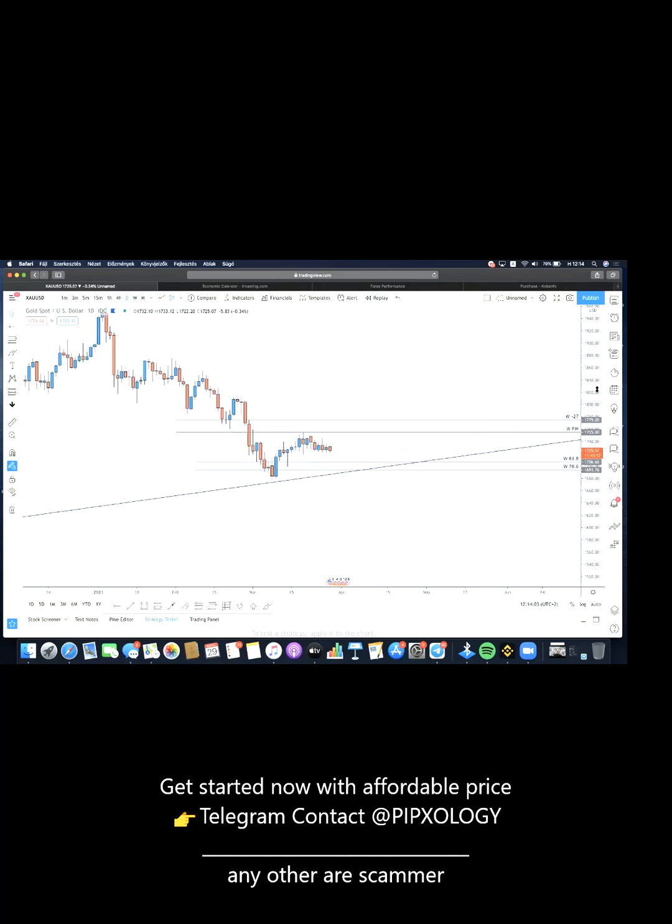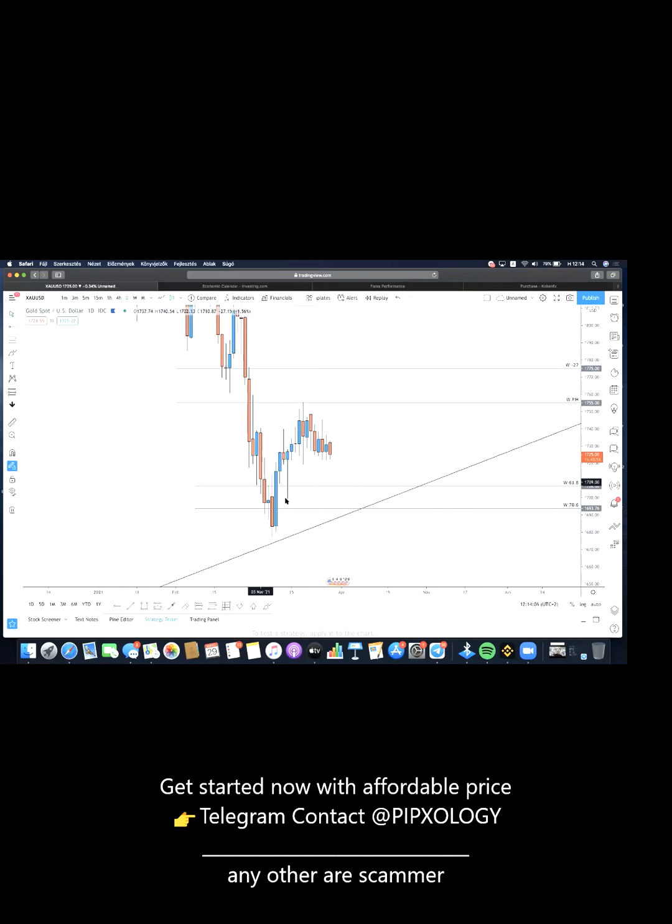Let's see the daily. We have low, we have high, we have higher low, we have higher high. Basically you can see the price at the moment was rejected once at the 61.80 and after it looks like it's consolidating. So the big question now: the price still holds the 61.80 level. It can push higher, or the second scenario, if the price breaks the 61.80 level, possibly it's coming back